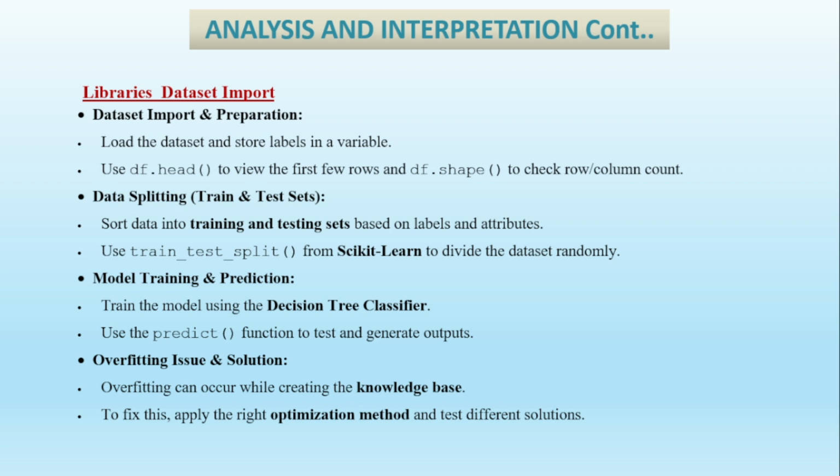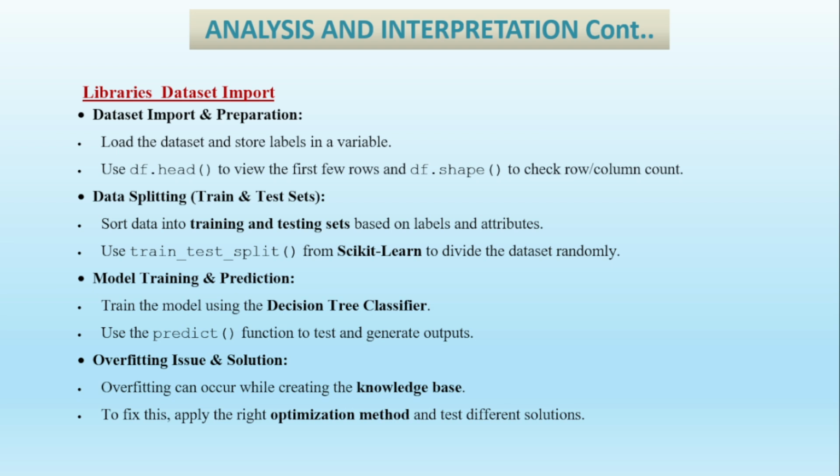Load the dataset and store the label in a variable. Now use df.head to view the first few rows and df.shape to check the row and column count. Now data splitting, train and test. Sort data into training and testing sets based on label and attributes. Use train_test_split from scikit-learn to divide the dataset normally. Model